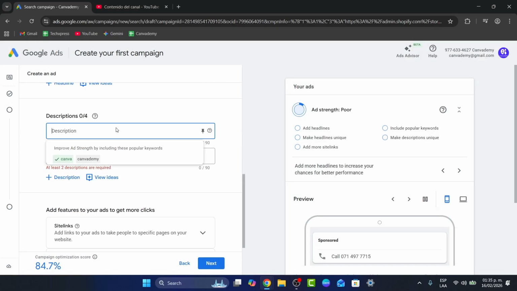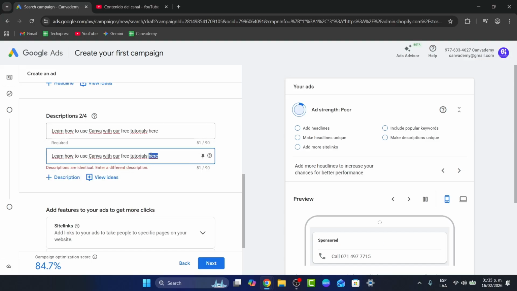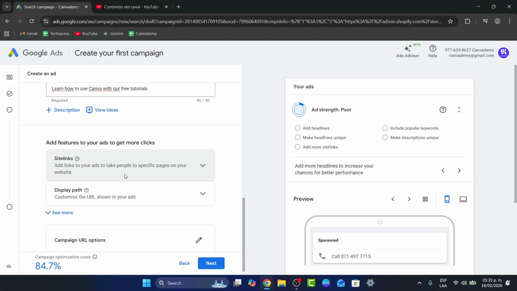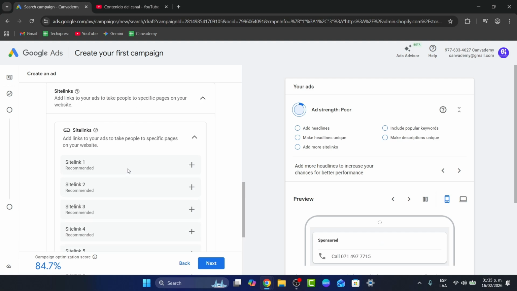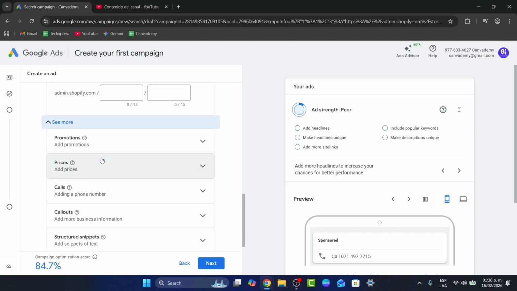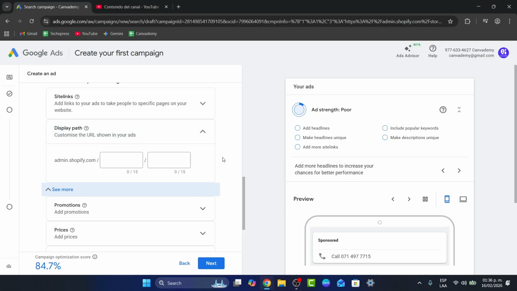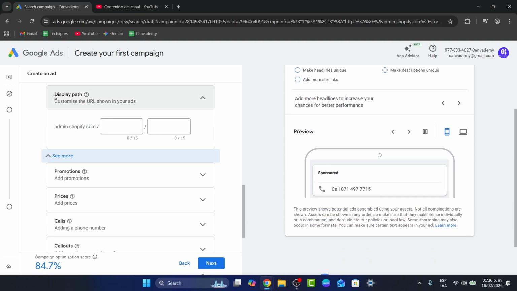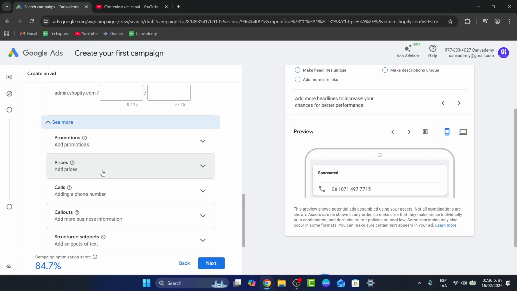Or here in the description, let's say learn how to use Canva with our free tutorials here, something like that. I'm going to copy and paste that element directly in here. Remember that you can use the ideas directly inside here. Now the site links is where you want to take people. In this case, you want to send them directly to our own YouTube channel, so it's going to appear here on YouTube. You can generate a video on YouTube, or you can just create one directly here in Google Ads. Then you can go for the prices, the callouts,